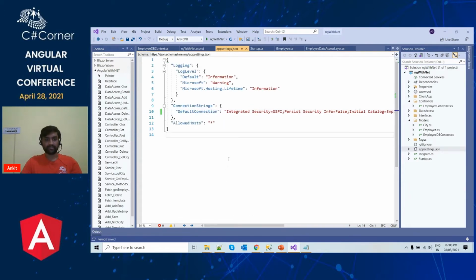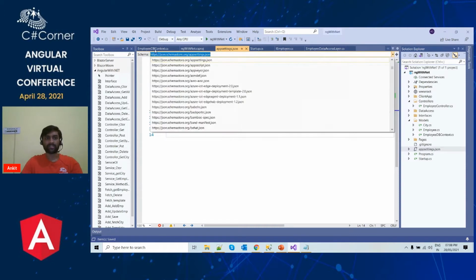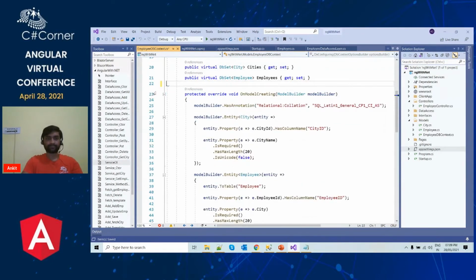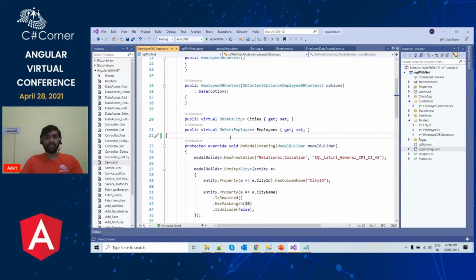Okay, so that is the first step. We have moved the connection string out of our employee DB context class. Now we can safely remove this method, because that method was just injecting the connection string into our DB context. But now we have moved the connection string out of our DB context, so we have removed that method.